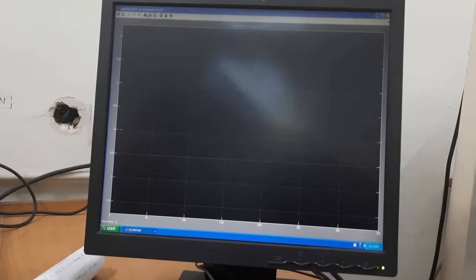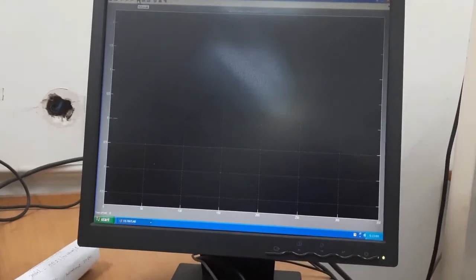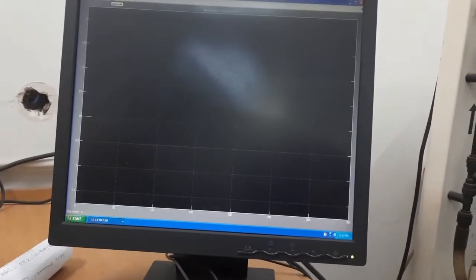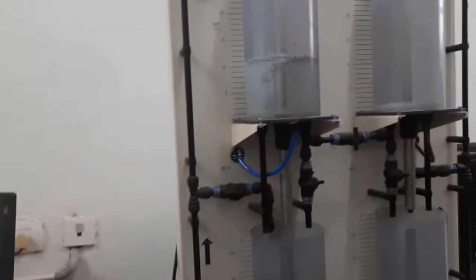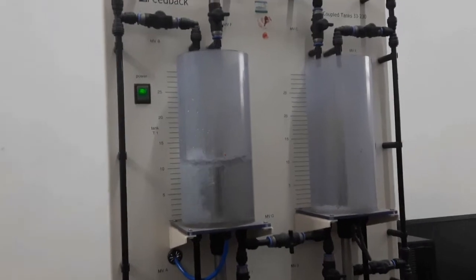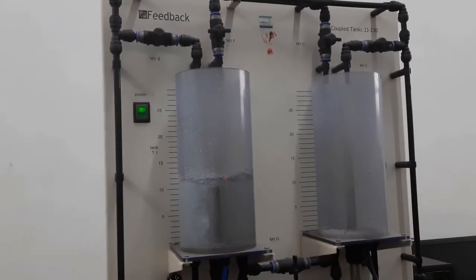Here we can see. So this is the data response, and we can also see how the tanks are manipulating their control actions. You can see here.